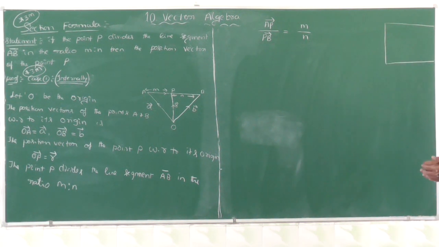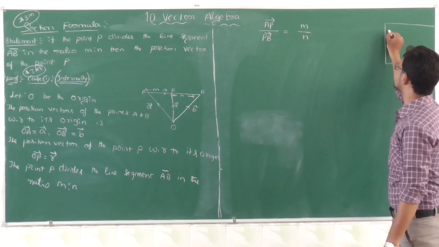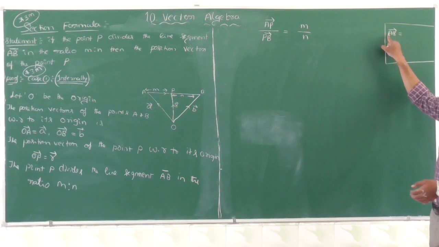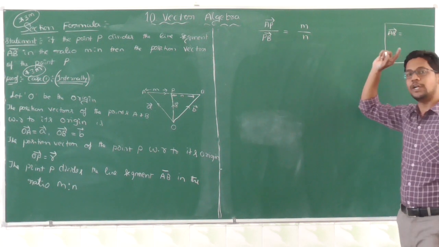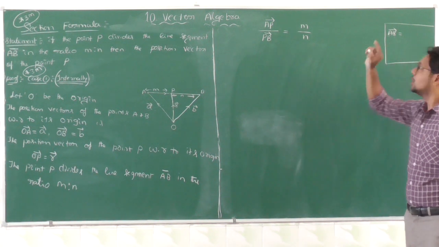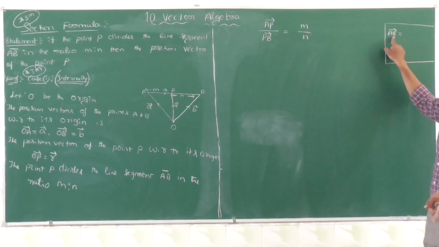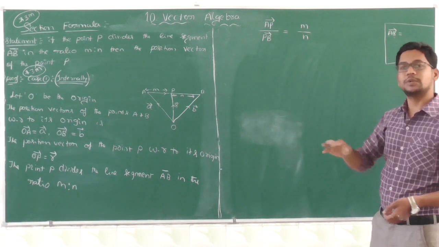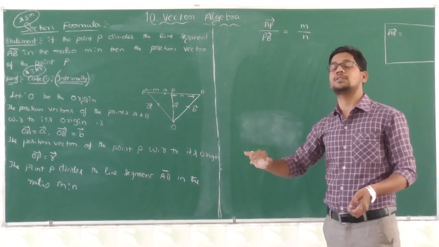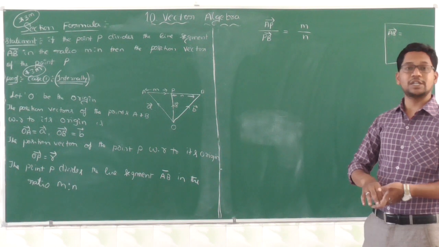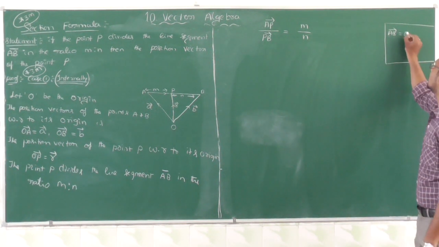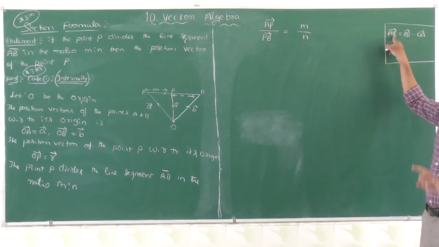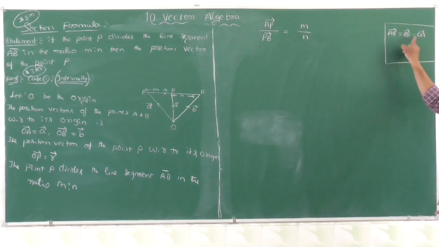in the previous class we already discussed that suppose we have AB vector, it is terminal point minus initial point. I already told you that the vector joining two points is there. AB vector is terminal minus initial. There we have taken the formula x2 minus x1 i plus y2 minus y1 j plus z2 minus z1 k. And also one more alternative method is there, that is OB vector minus OA vector, B minus A, along with the position vectors.